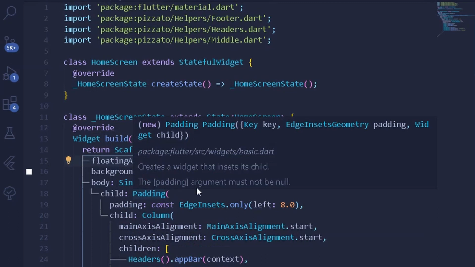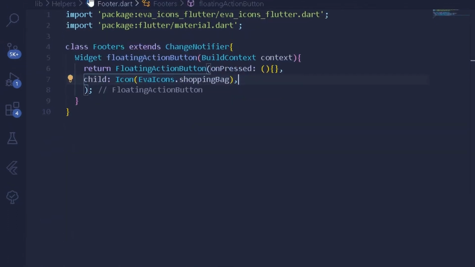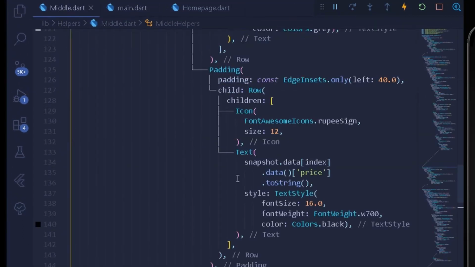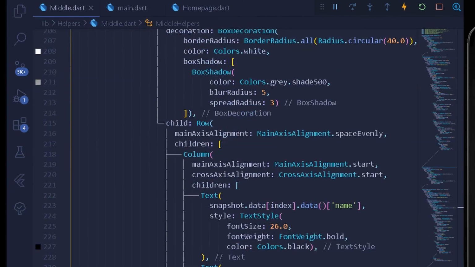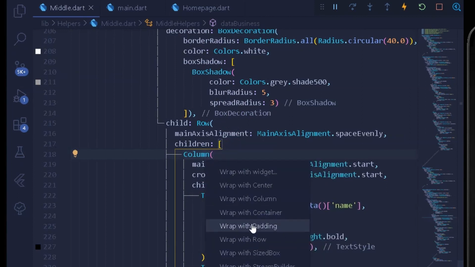So after having these changes, we can simply go under our middle file for our business thing. Where is it? Okay, it is down here. So if you observe here, we have our thing here. So first of all, I will simply add some padding to my container from the left side.